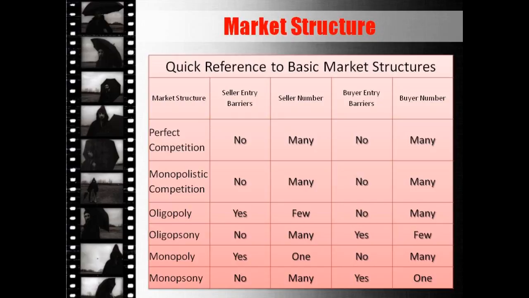Here is the market structure table for comparison. It's the quick reference to basic market structures. As you can see, there are 5 columns. The first one is the type of market structure, and the second one is the seller entry barriers, and the third one is the seller number, and the fourth one is buyer entry barriers, and the last one is buyer numbers. If you look at the first market structure, which is perfect competition,